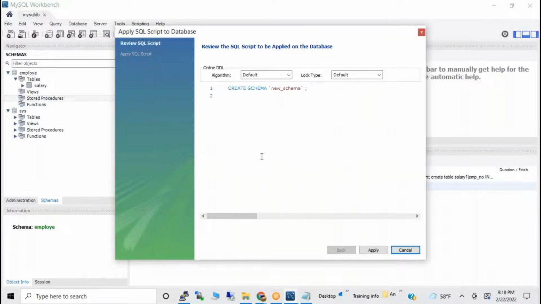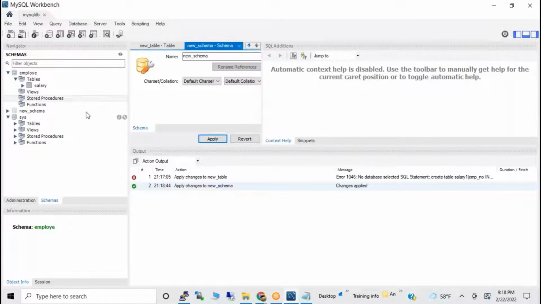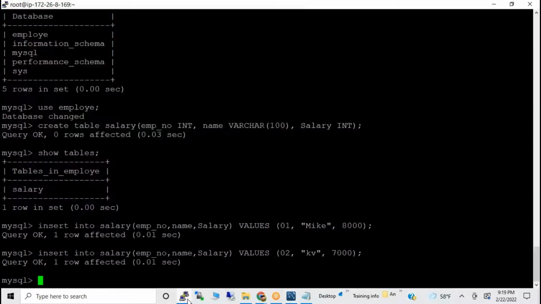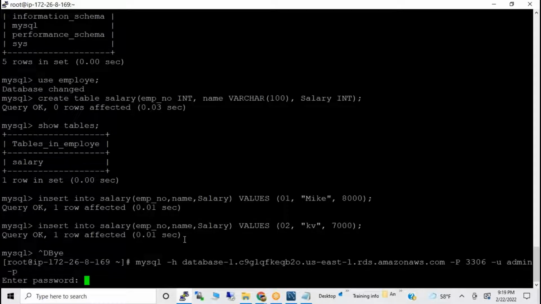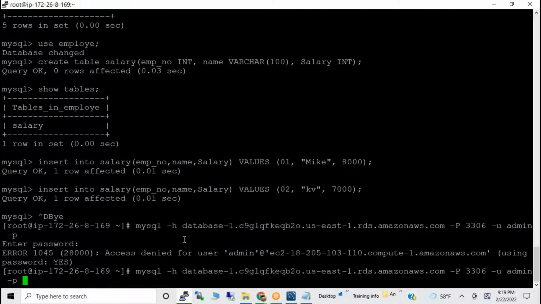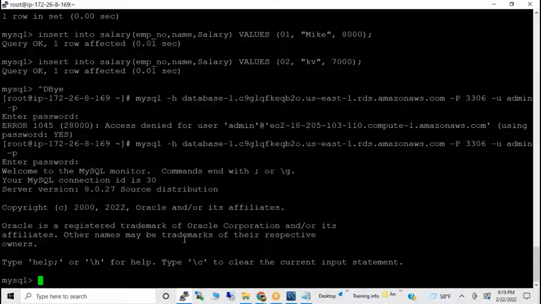Even though we are creating in the Linux command line, it's showing in MS SQL Workbench, right? This belongs to Windows, right? Yes, it will, because we connected to the same database and we are accessing the same database now. We connected to the database, and from here, Linux, MySQL we connected, right? In that MySQL, I am creating a